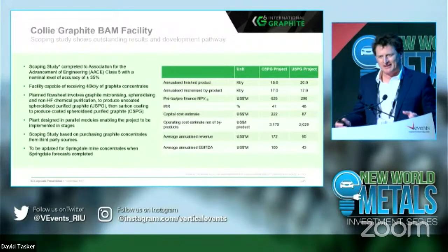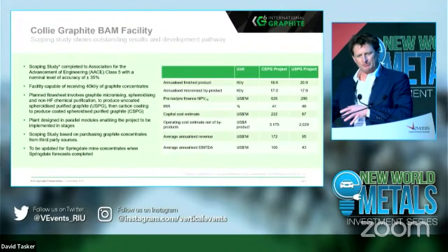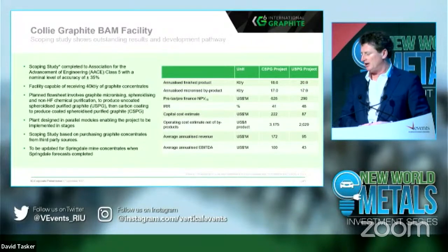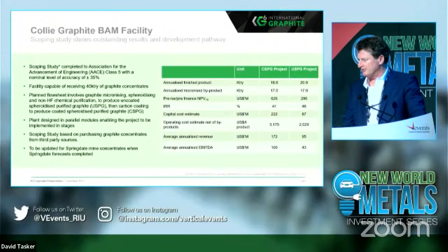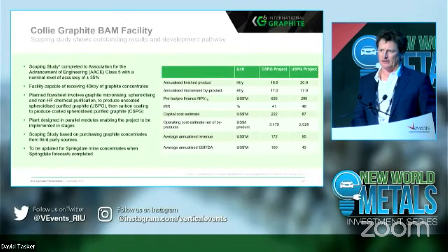These facilities can be scaled. They can be started out small and built upon and expanded out of cash flow if need be. The full coated, spheroidised, purified graphite product would be producing around 20,000 tonnes of finished product per annum, an IRR of 41%, a capex estimate of $220 million for that, and generating annual EBITDA of $100 million per annum at